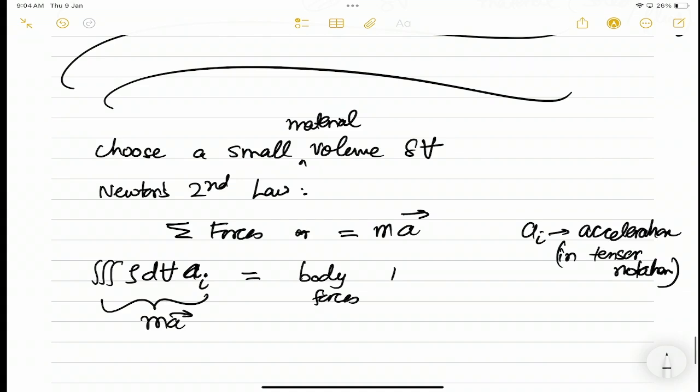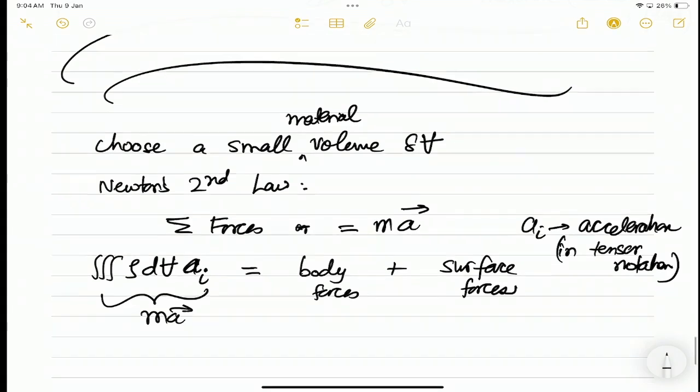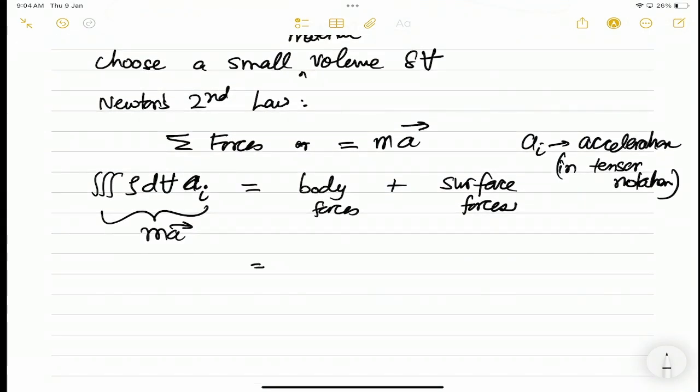the body forces plus the surface forces acting on the element. Now the body forces are what? It is gravity. So rho dV times g sub i, and I take a volume integral of this. So the total body force is equal to m times g, so rho dV times g sub i. Now basically taking these integrals lets me have different values of g at different points. And similarly on the left hand side, different points can have different acceleration. Now the surface forces